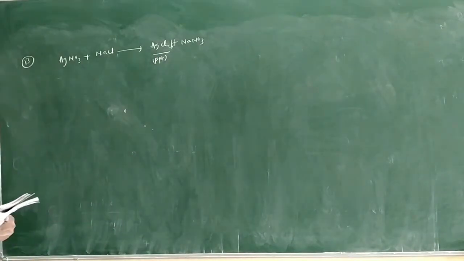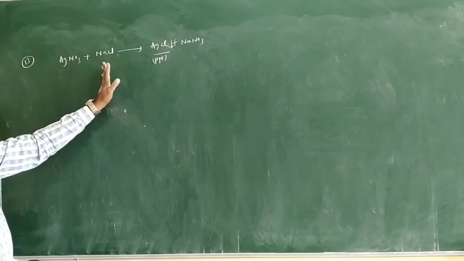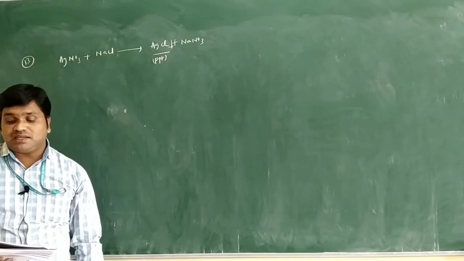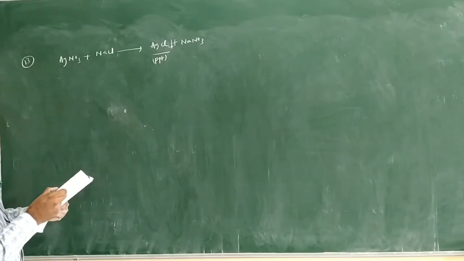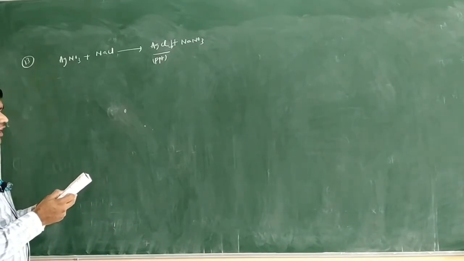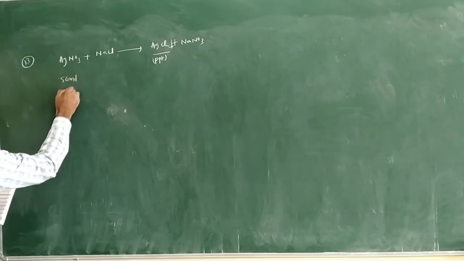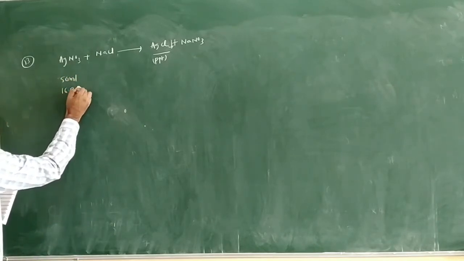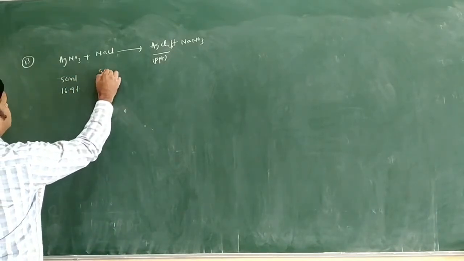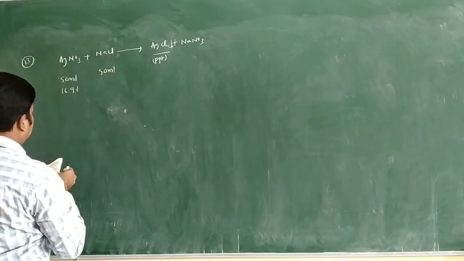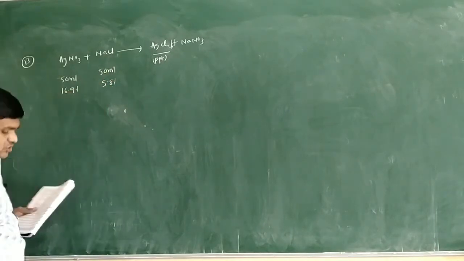Now what is the question they are asking here? What is the mass of precipitate? If these two are mixed, what is the mass of precipitate formed in the reaction, they are asking only. Now here they have given 50 ml of 16.9% of the solution. 50 ml is given. 16.9% of which solution? AgNO3 mixed with how much? 50 ml of 5.8% NaCl solution only.